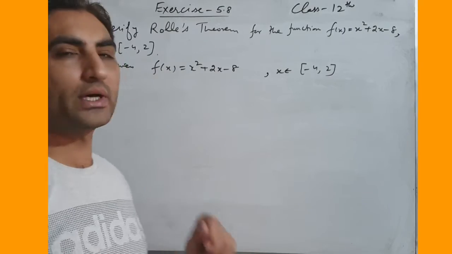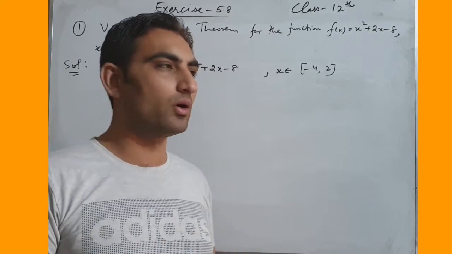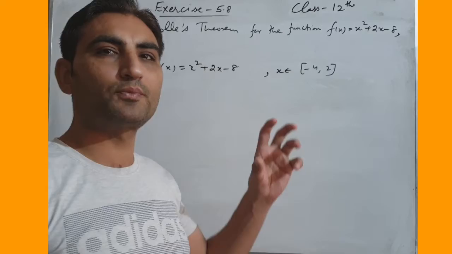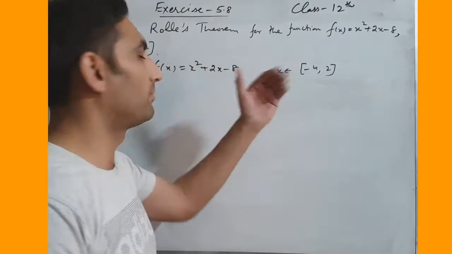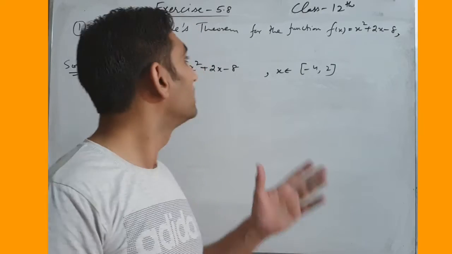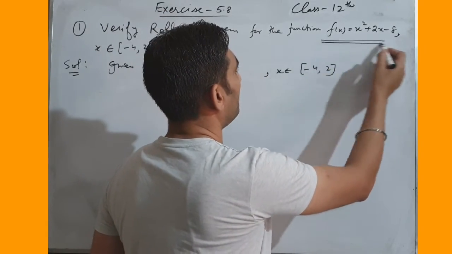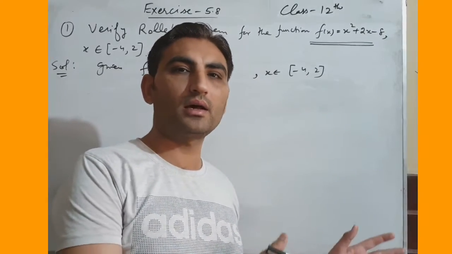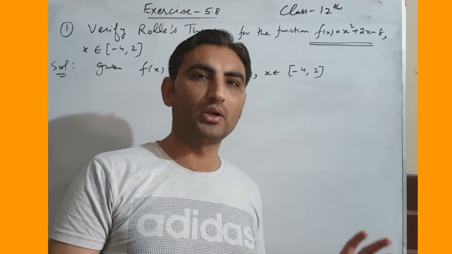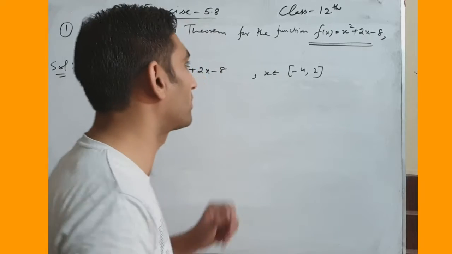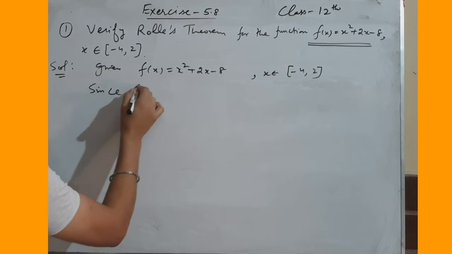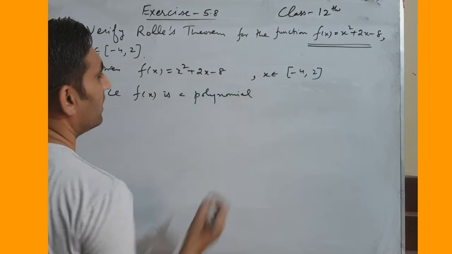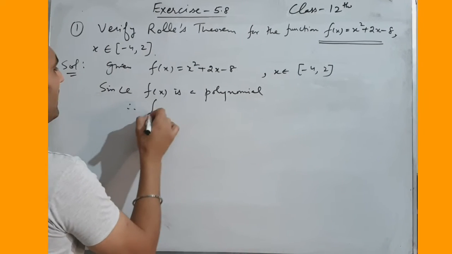So we have this. The very first condition is to check its continuity. Continuity doesn't mean you have to prove left limit equals right limit or anything else. Continuity means you have to check whether this function is continuous on these numbers, or in between this closed interval. This is a polynomial function, and all polynomial functions are continuous. So try to remember, polynomial functions are continuous functions. So we have to write, since f(x) is a polynomial,